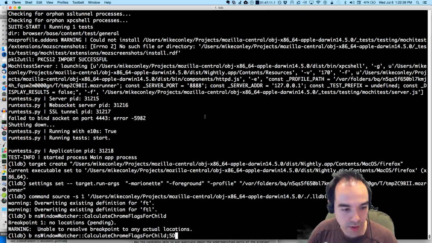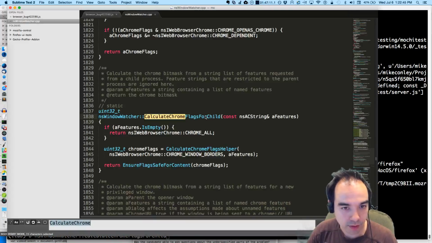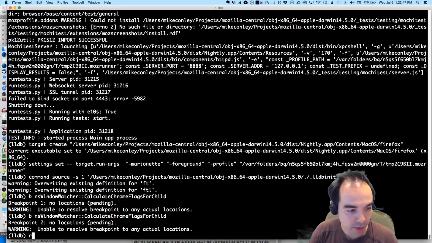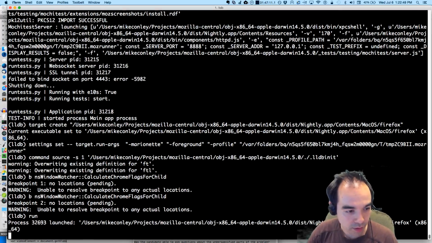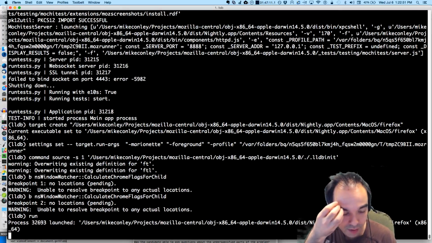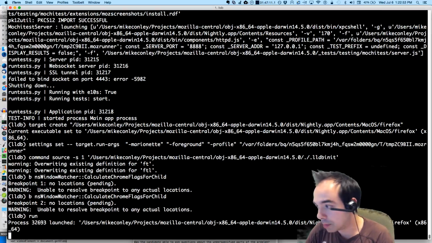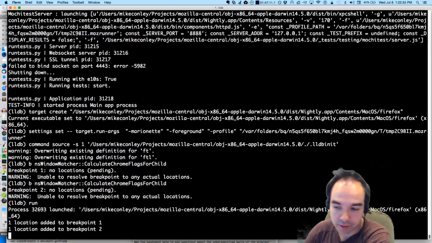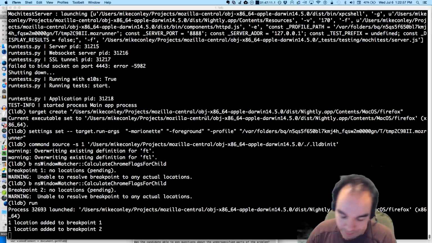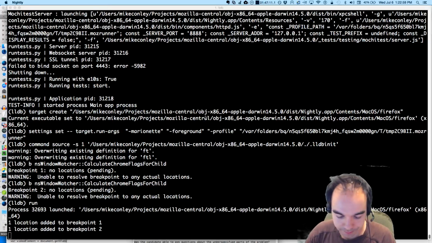Yeah. Window watcher calculate Chrome flags for child. Break nsWindowWatcher calculate Chrome flags for child. Well, maybe we need to run, and then it'll attach the breakpoint. Probably. Yeah, there we go. Breakpoints added.